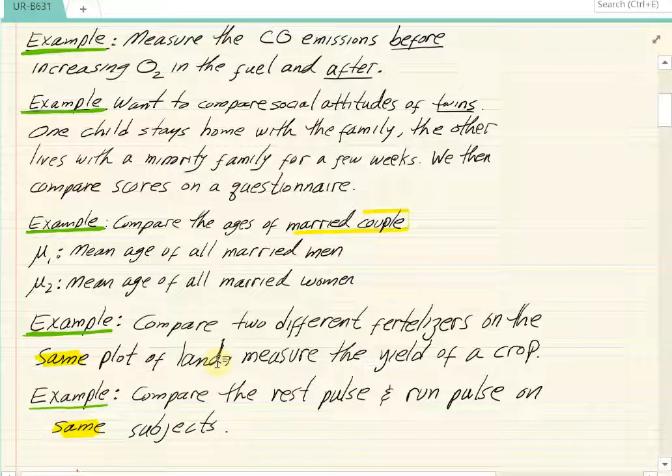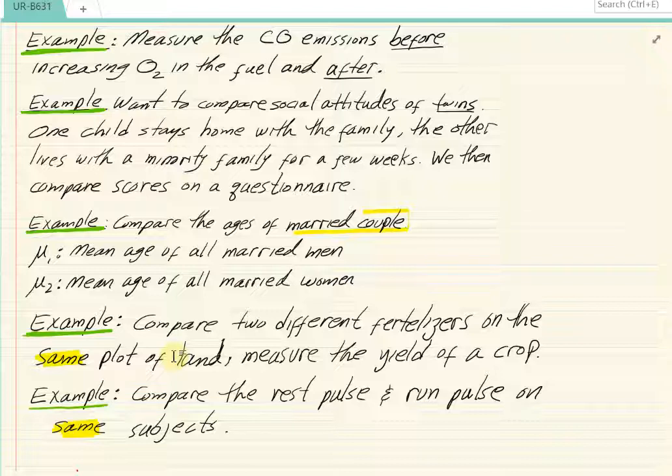of land. So notice we're removing location to location variability here. And we're going to measure the yield of crop from these two fertilizers. In fact, the word treatment came from that. I believe it was Sir Ronald Fisher. We learn about the F, Fisher's distribution, when we talk about ANOVA later on in this week's lectures. He's the gentleman, Sir Ronald Fisher, who coined the term treatment.